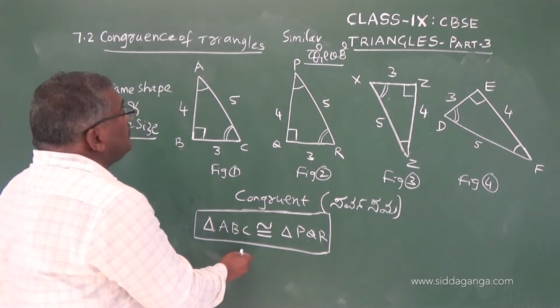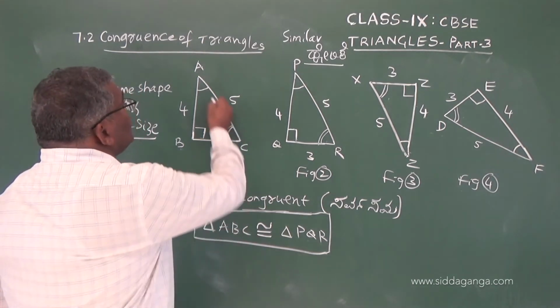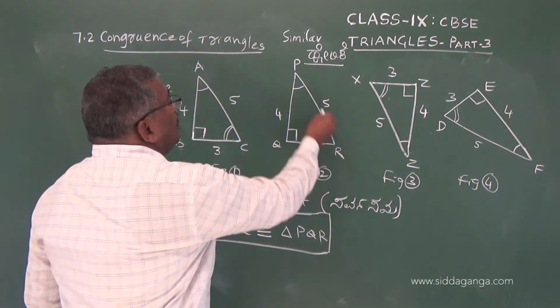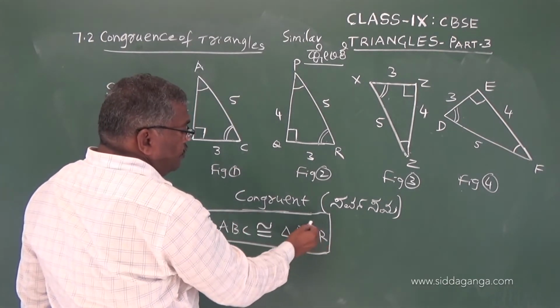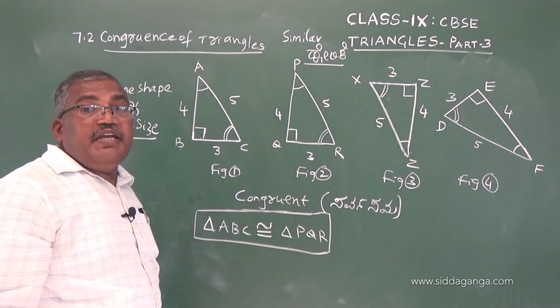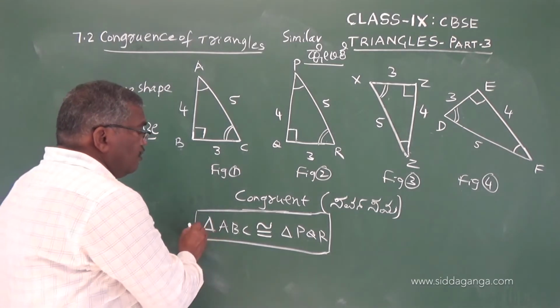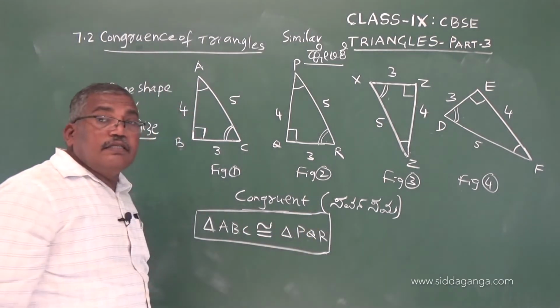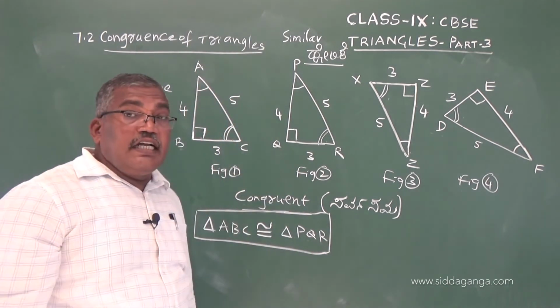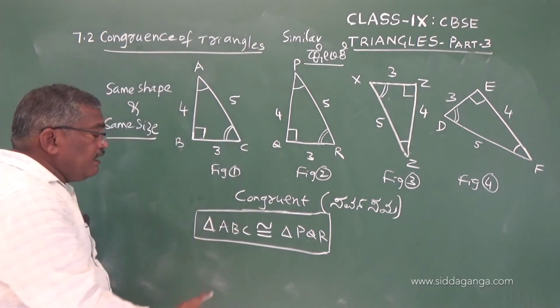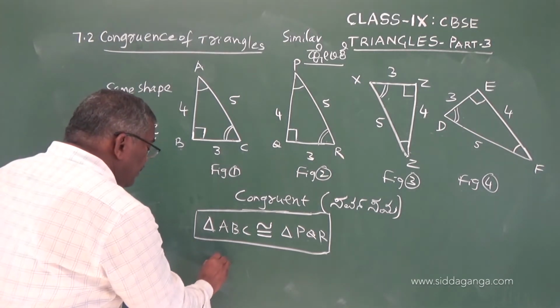And the last one is CA. CA side is equal to RP side. CA is equal to RP or PR. So therefore, these are the important things. Remember, as in the case of similar triangles, this cannot be written as triangle ABC...